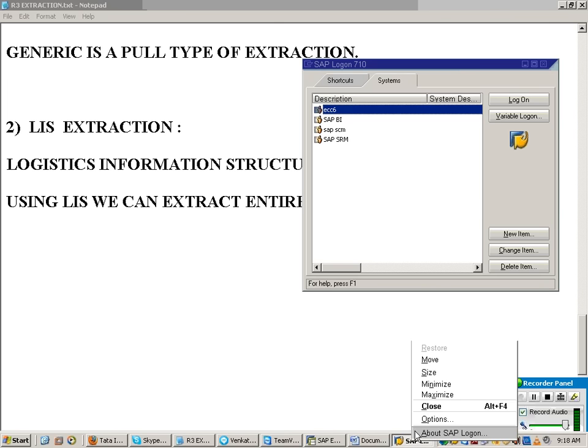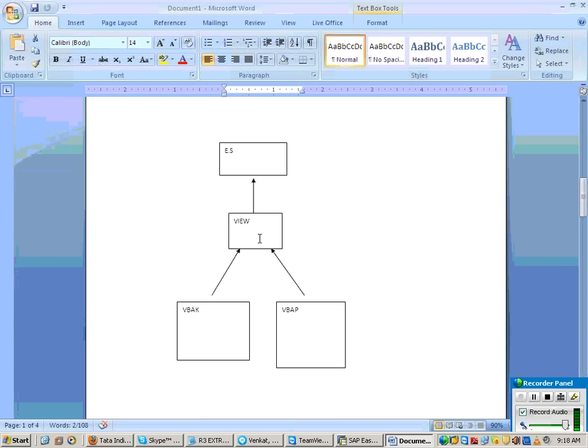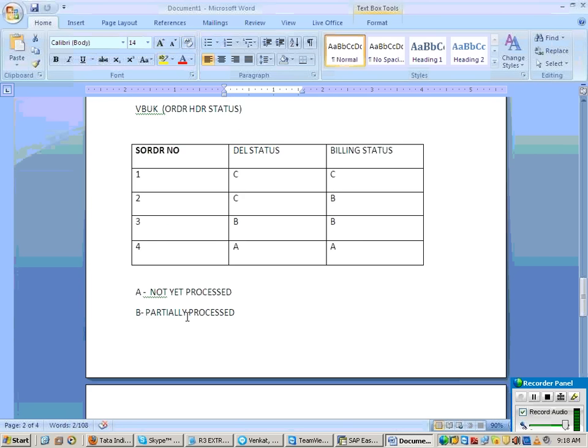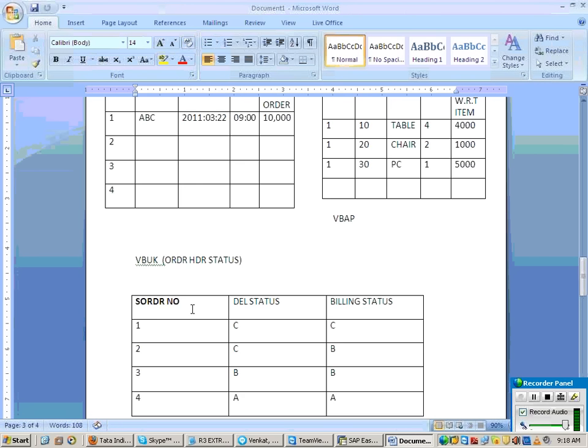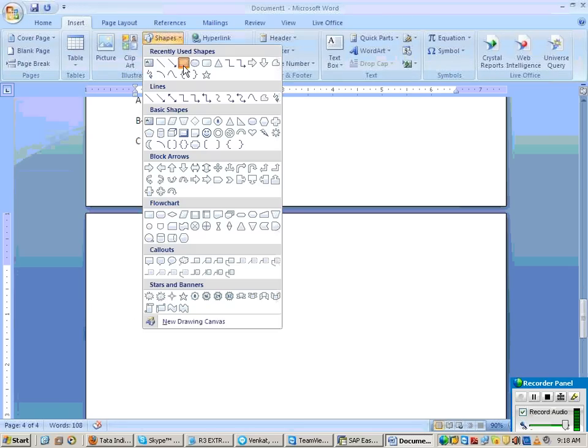Now suppose, what is your requirement? Just now I said generic. If you want, you can start extracting. Now suppose my data is like this. Imagine my data is stored in some different tables.